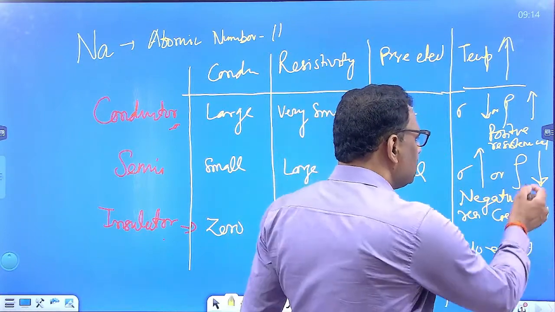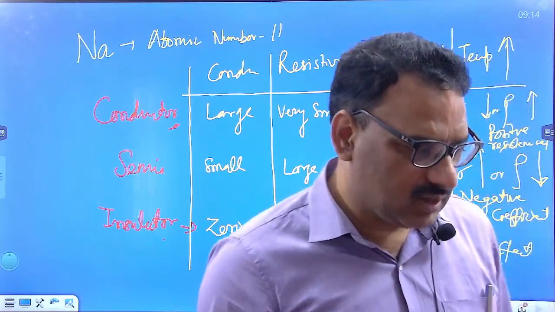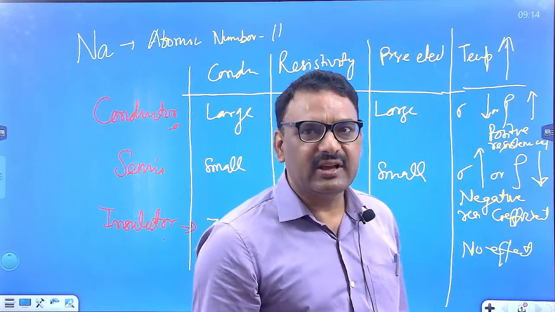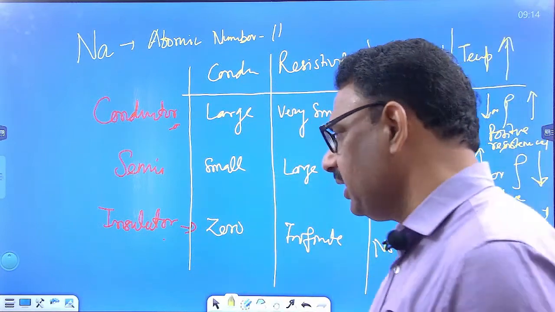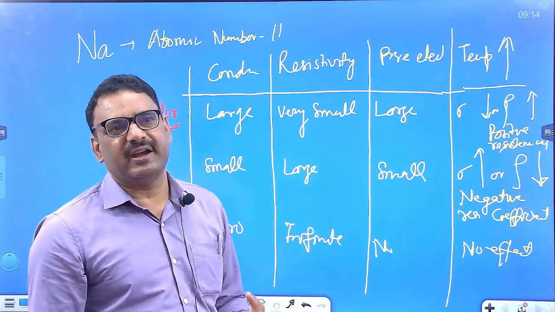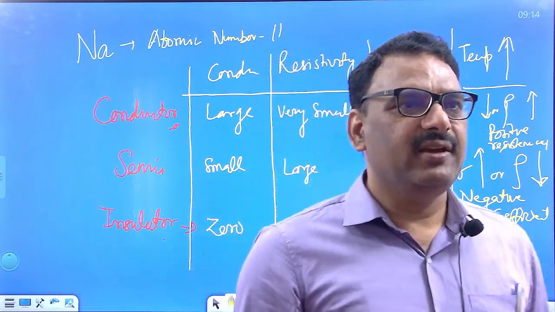Okay. Why do we have this type of behavior? So what is the resistivity? What is the conductivity? The flow of electrons is responsible for the conductivity. And what is resistivity? If electrons are flowing,